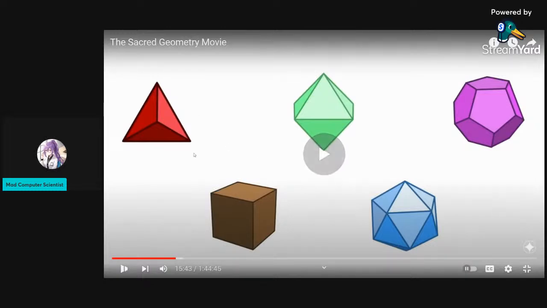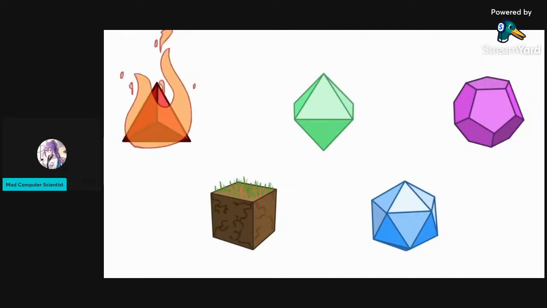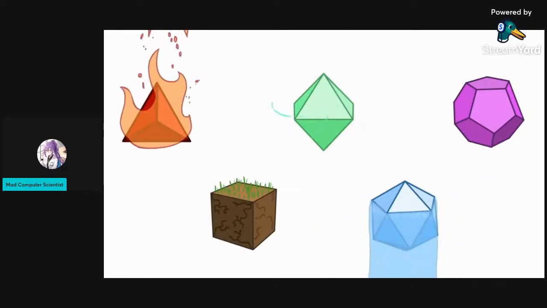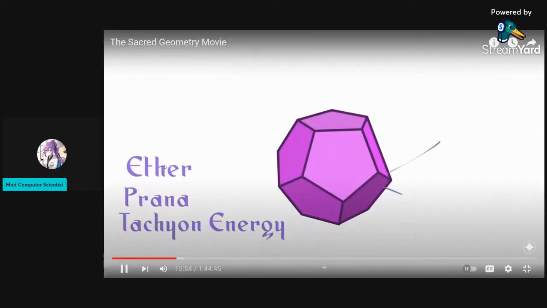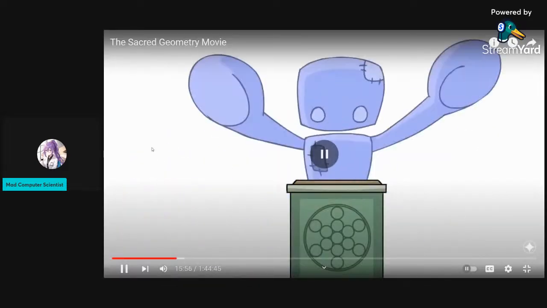The tetrahedron was considered fire, the cube was earth, the octahedron was air, the isosahedron was water, and the dodecahedron was ether. Ether, also known as prana, and tachyon energy are all the same thing. They extend anywhere and are accessible at any